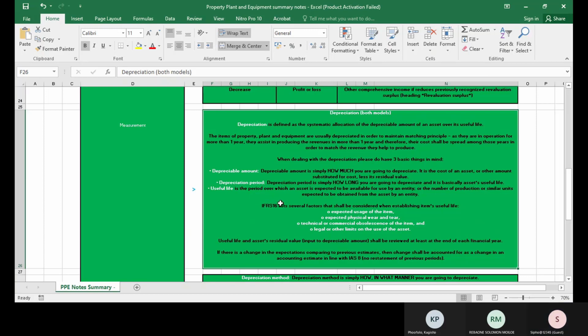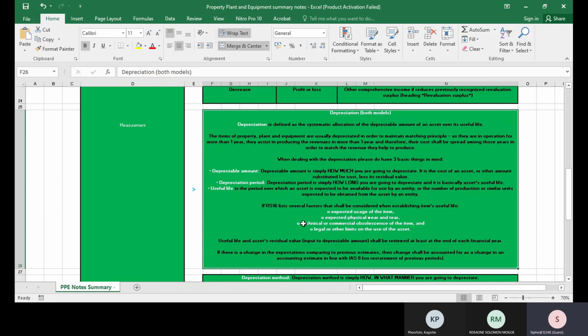That is it. Useful life is the period over which an asset is expected to be available for use by an entity, or the number of production or similar units expected to be obtained from the asset by an entity. So it can be twofold. It can be a number of periods that you're going to use the asset, or the number of production or similar units expected to be obtained or produced from using the plant over the remaining useful life. So in terms of IAS 16,